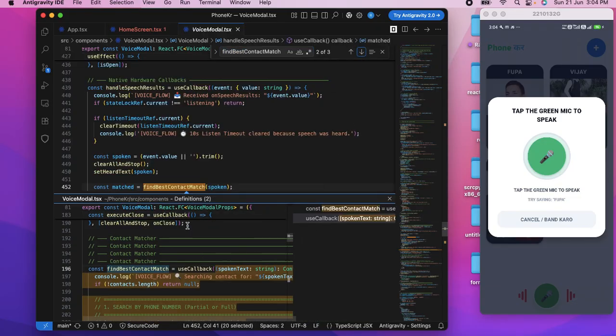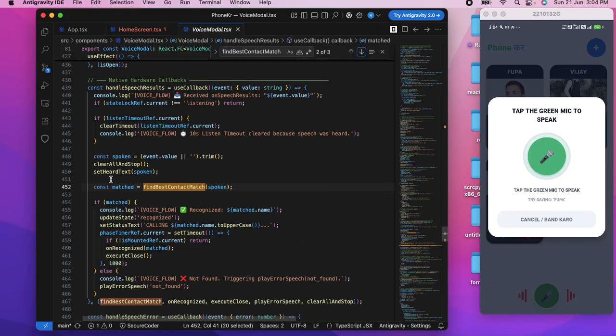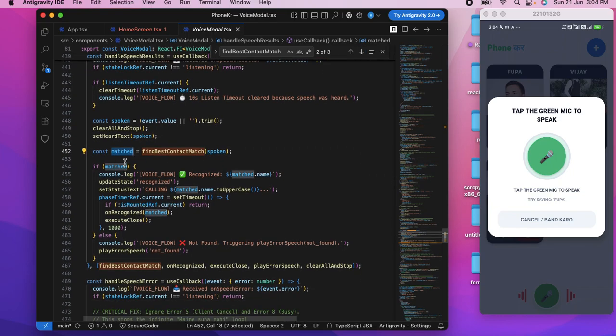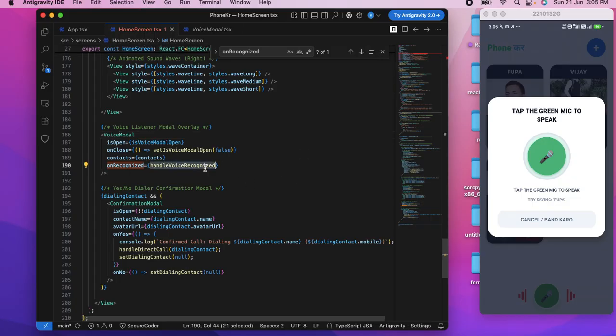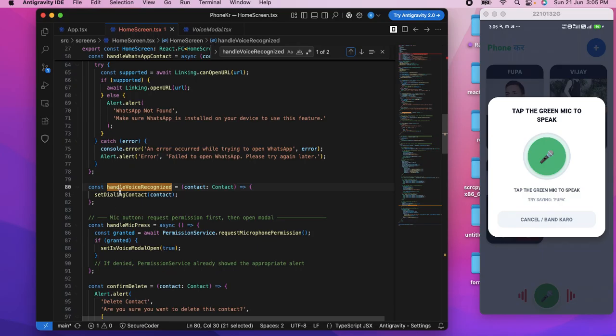Okay, so basically if we provide the match, then we are calling a function to show the confirmation model. Okay, this is the function on recognition. So let's go there, go to the home screen, and now you can see we have the voice recognition, handle voice recognition, and again we are showing the confirmation model into this to connect the call.